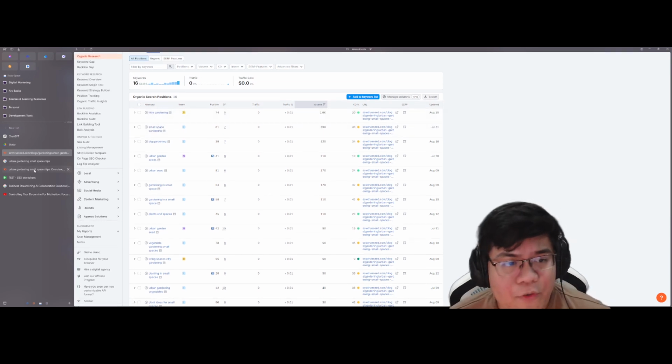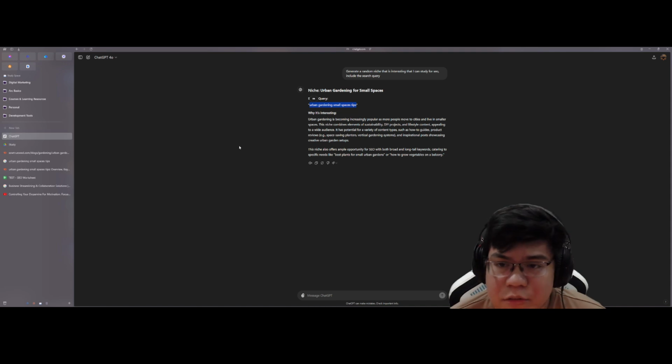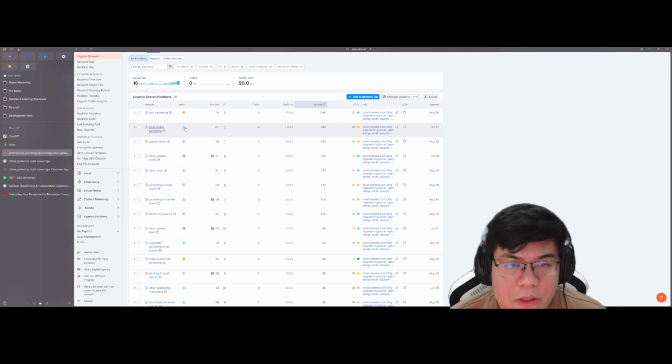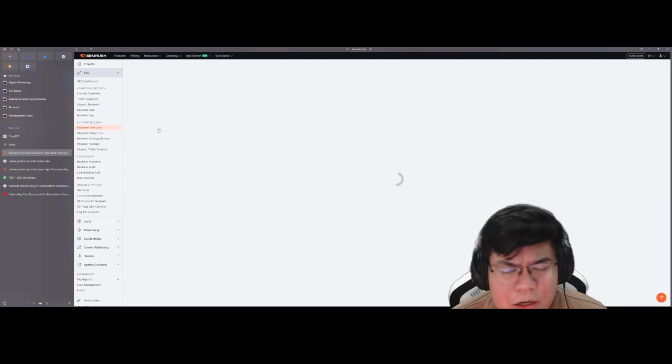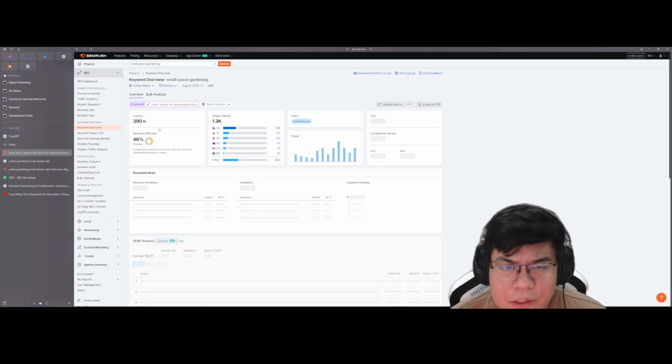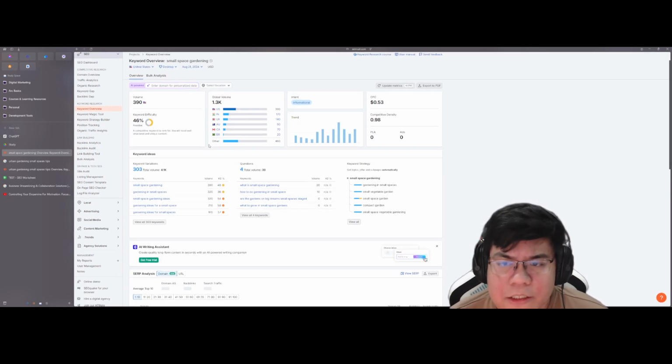Well, technically, the search query that ChatGPT asks us to do is urban gardening for small spaces. I think this is very relevant, so I'm going to have this as a search keyword. I think it has a good amount of volume as a starter, and we could click on this keyword right now, and now it will generate us a list of